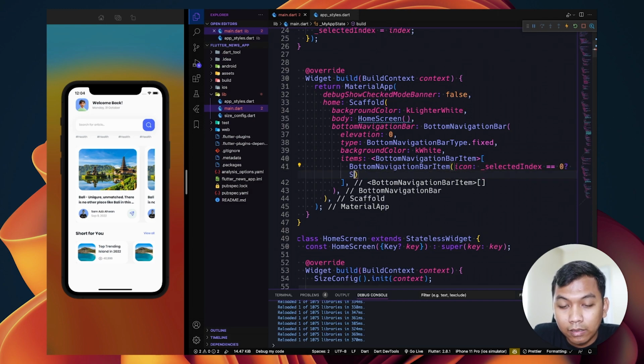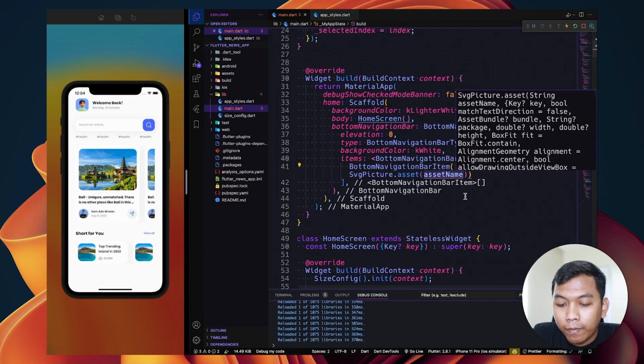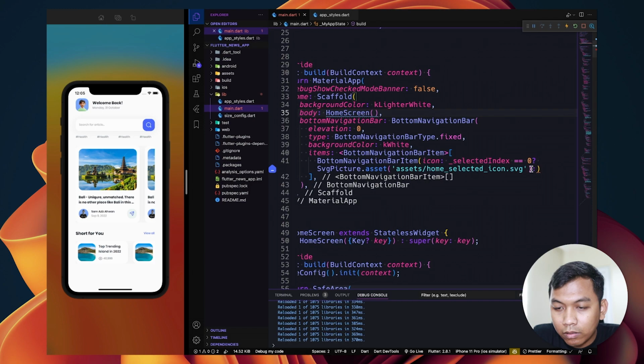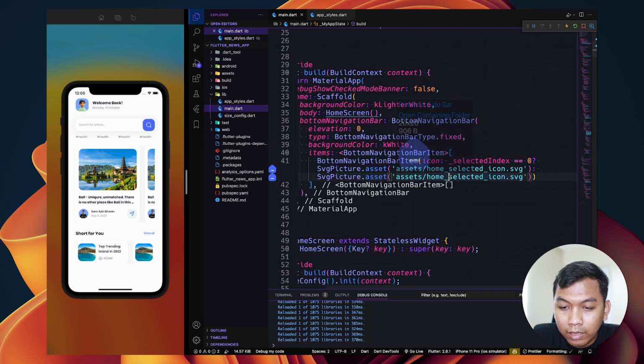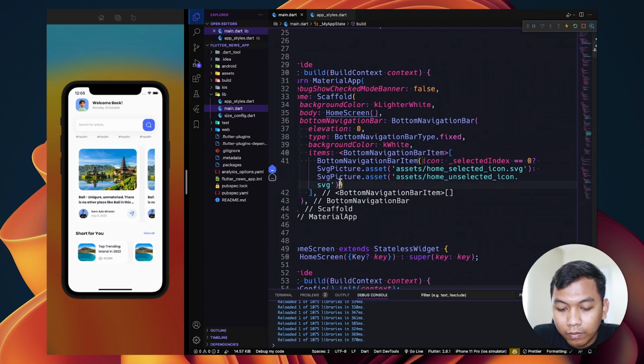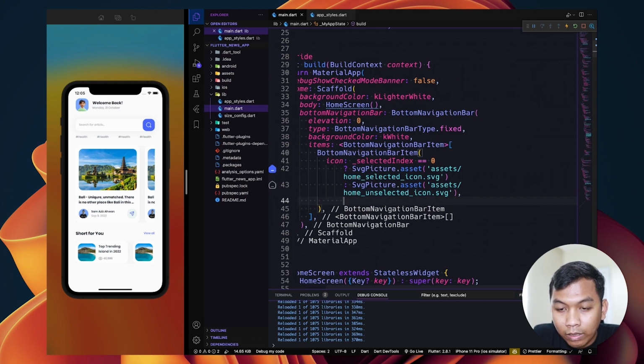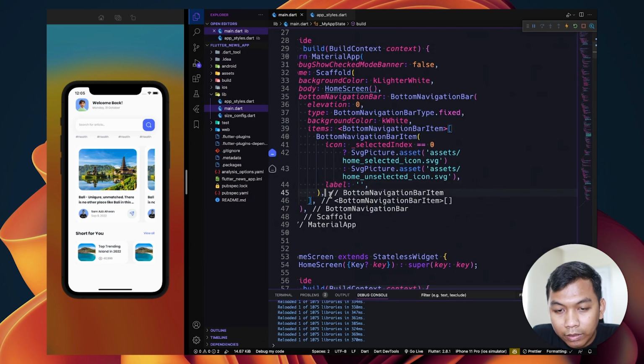we will set the icon will be selected, and when not, just copy this, it will be unselected. Look like this, and we will have label will be blank. So we need to copy this